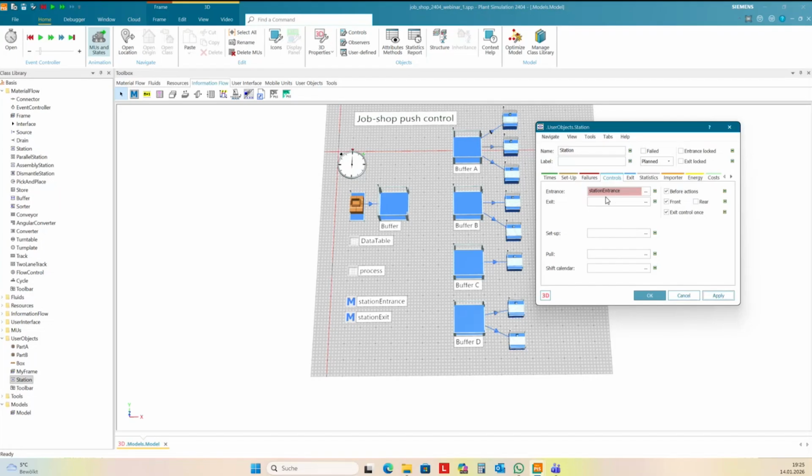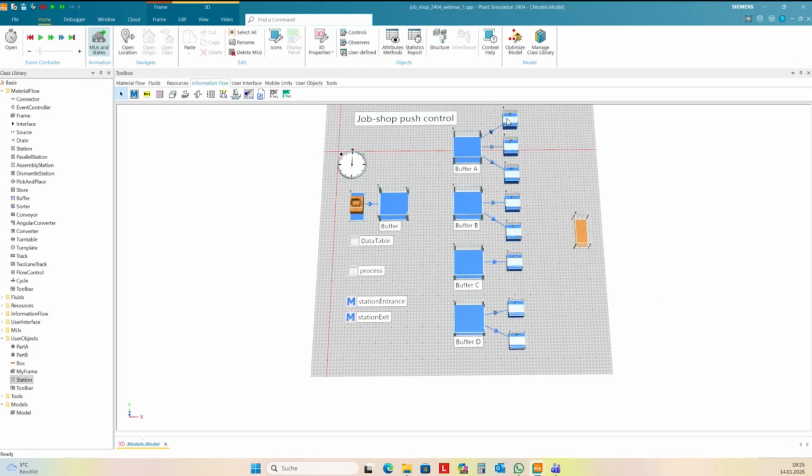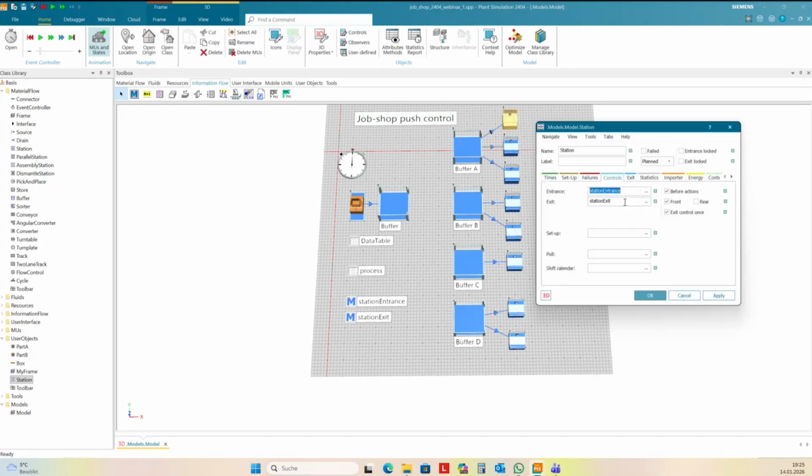It marks this red, but okay. And exit control should be station exit. It doesn't find station exit here in the class library and the user objects folder, and so it marks it red. But if you have a look into one of the stations here, then you see it isn't red. It's okay.